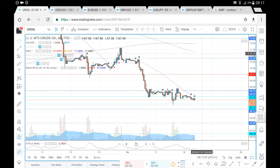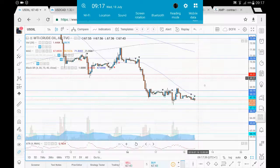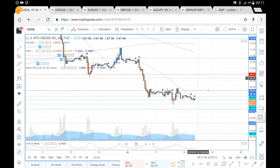So this is US oil analysis for Wednesday the 18th of July. Now let's just have a look at prices and where prices may likely go. So after having a pretty strong sell-off from the $75 a barrel level, we have seen oil come down towards